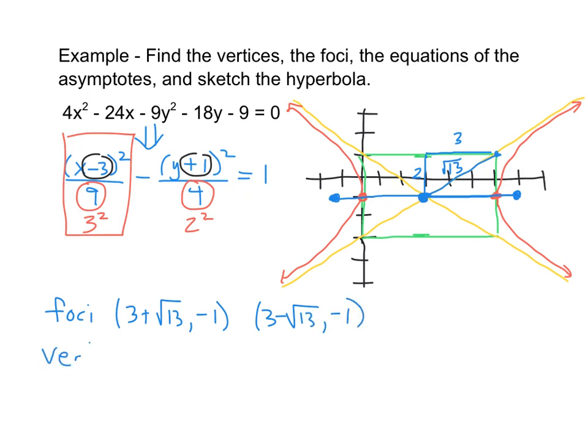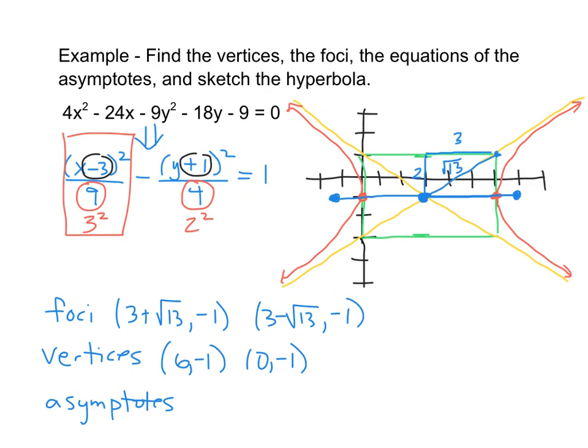The vertices are usually pretty plain to see on the sides of the boxes. So we have, in this case, 3 plus 3, which was 6, comma -1, and 3 minus 3, which is 0, comma -1. The asymptotes, going through the corners of the boxes, is handy because we can see from the